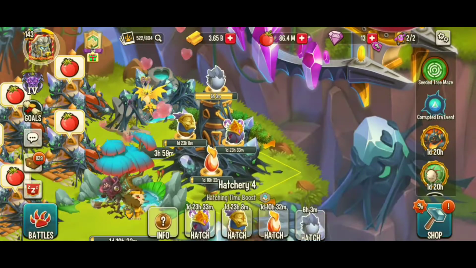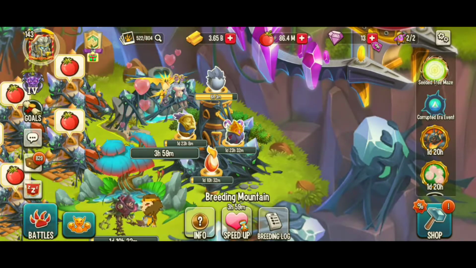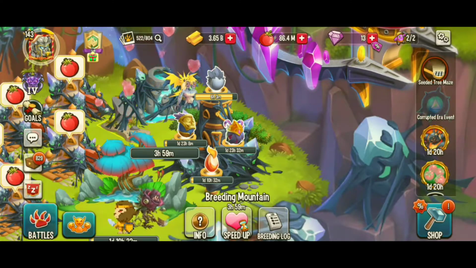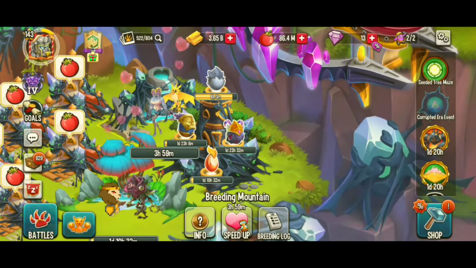So what you want to do is come back after 4 hours, and you put this in the hatchery. Nothing would happen. You won't get your maze coins. And then you need to make sure you have 2 spots open. And then when you have 2 spots open, you want to sell the Thunder Eagle, place whatever. Then you wanna